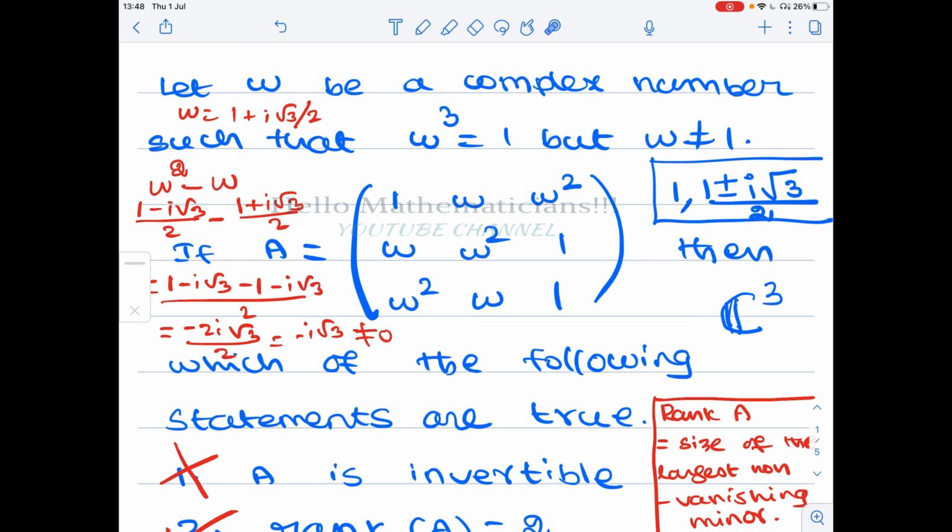I have given the link to that problem also in the description. Also, why the sum of the nth roots of unity equals 0, we have very clearly discussed in another problem, which I have also given in the description. So please check those two videos if you want to learn more about nth root of unity, because it is a very important concept for the CSIR exam. You can see many problems in terms of primitive nth root of unity. In this one problem we did many different options using different approaches.